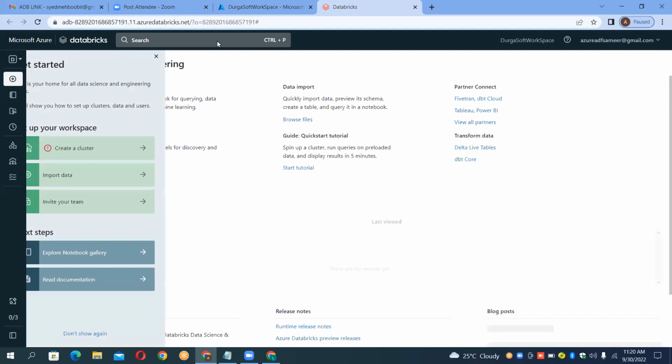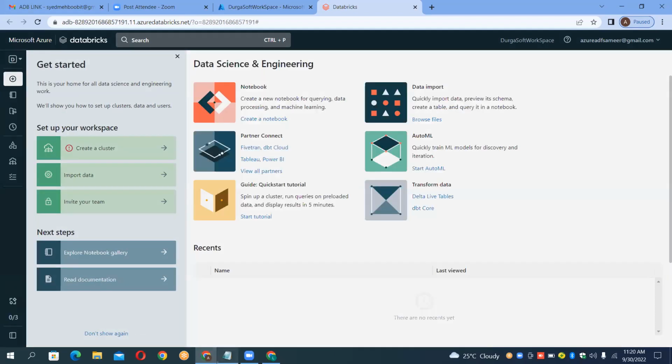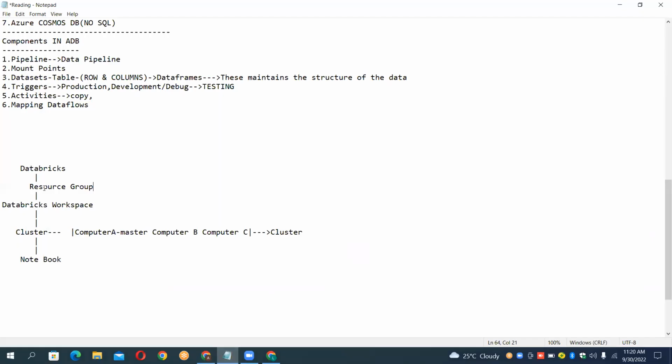So this is launching. Now guys, what is the next thing you have to do? Tell me now. This is a sequence. Resource group is ready. The Databricks session we have started. Workspace is ready. What is the next thing left out? Clusters. So now you have to begin with the clusters.